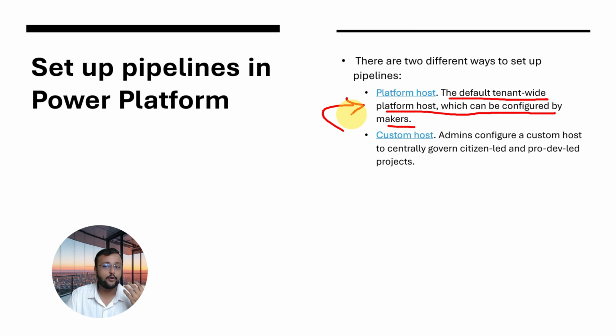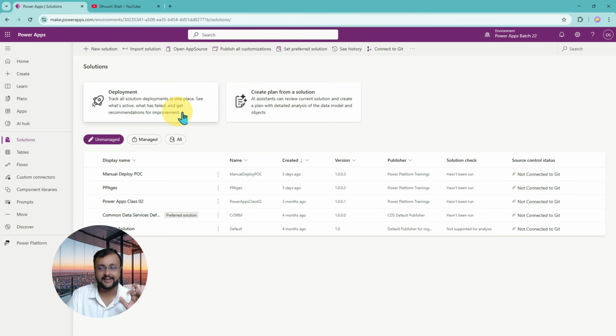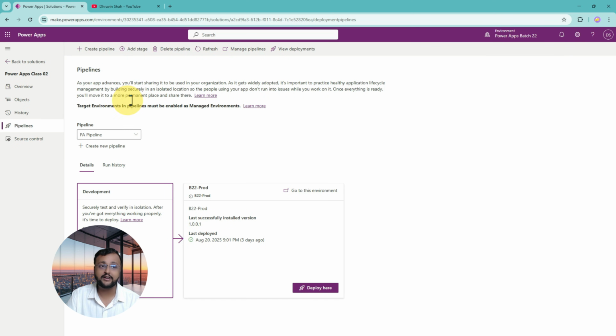Okay, when you are not having any custom host setup at your Power Platform level, by default, whenever you open your solution, you are able to see this deployment option. Obviously, a minimum system customizer role is required in order to see this in your Power Platform space. Whenever you open any particular solution and go to this pipeline,